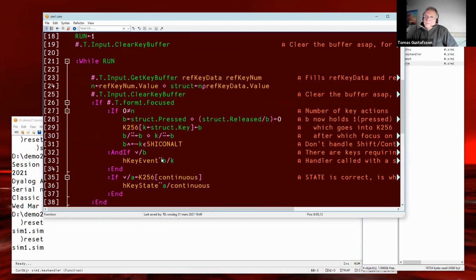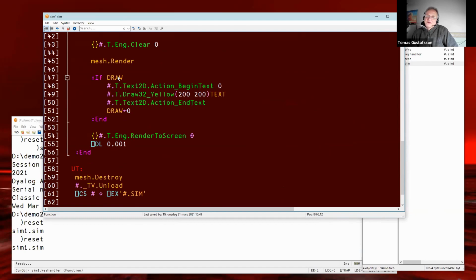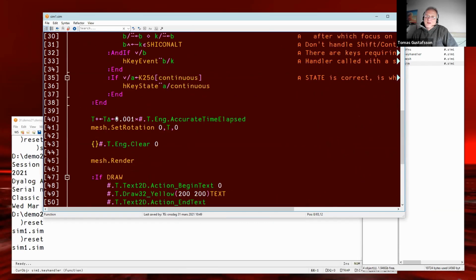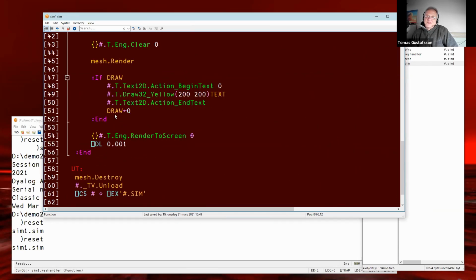And so if draw, do something with the stuff inside text. If draw is 0, which it gets each time we have done something here, and it was initially 0, then we just bypass this segment.